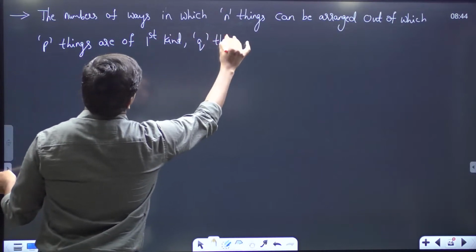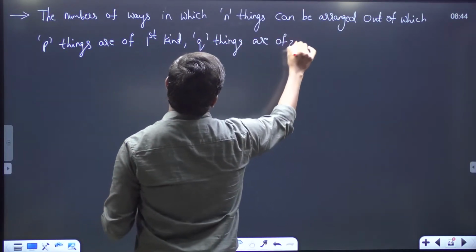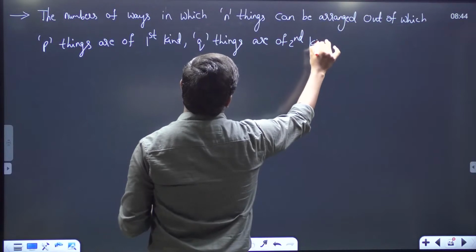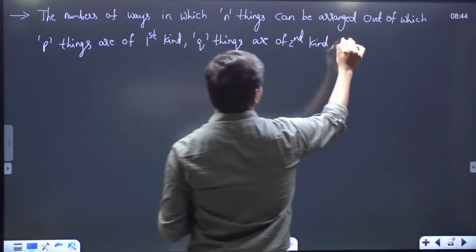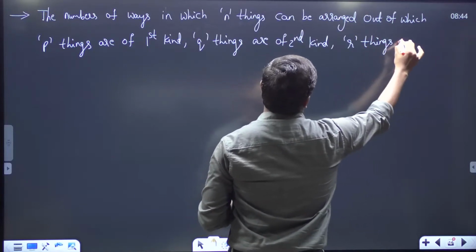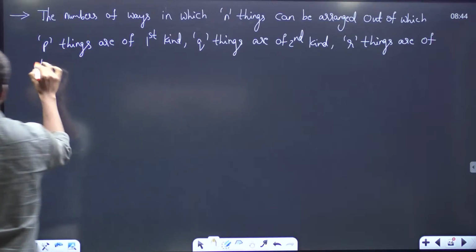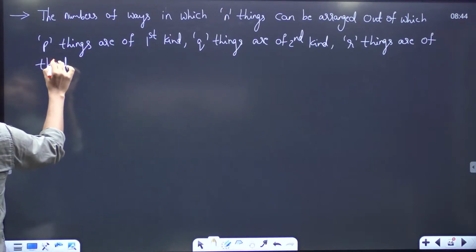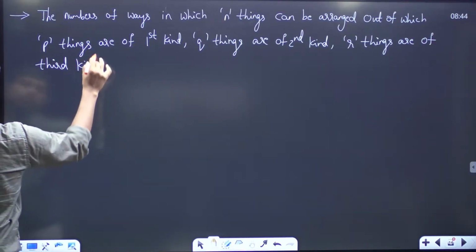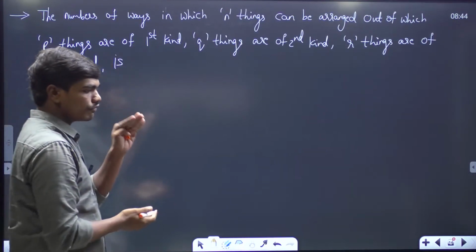So see here, P things of the first kind, Q things of the second kind, and R things of the third kind, and so on. For example, this means where in total you have n things, out of which,